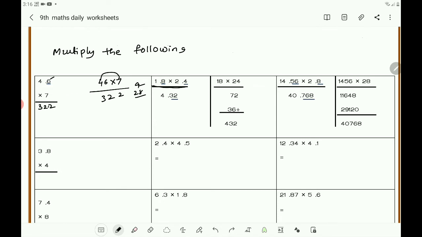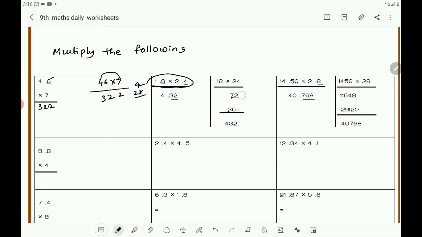Now you take this one. Here 1.8 into 2.4. Take 18 into 24. Without the decimal point, you take and multiply 18 into 24. Now here you know that 18 fours are 72. Then you take the plus or 0 here. Then 18 twos are 36. And now you add. So 2 plus 0 is 2, and 7 plus 6 is 13. 1 carry, 4. You got 432.